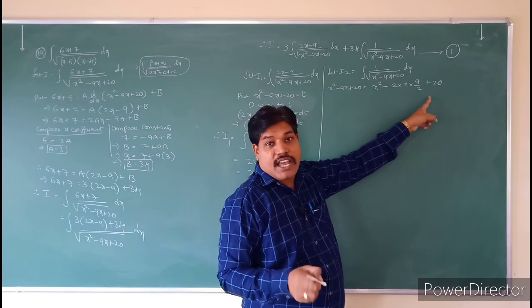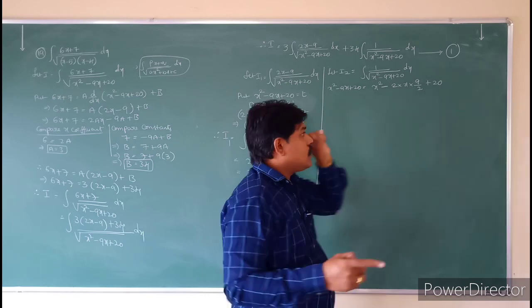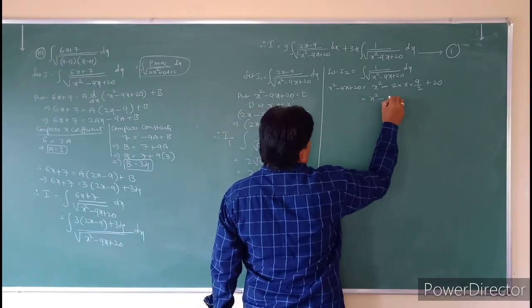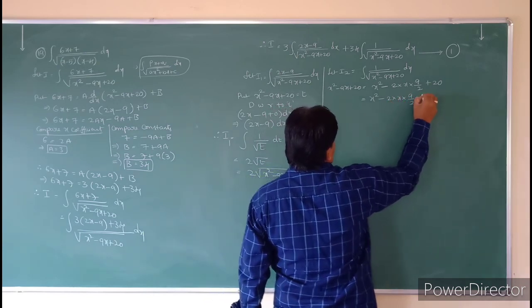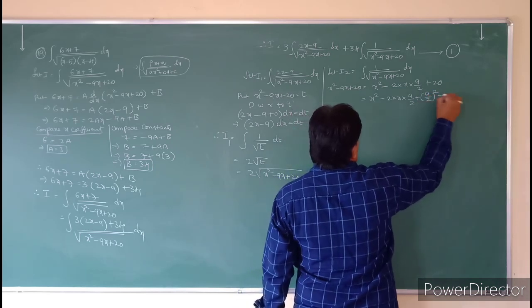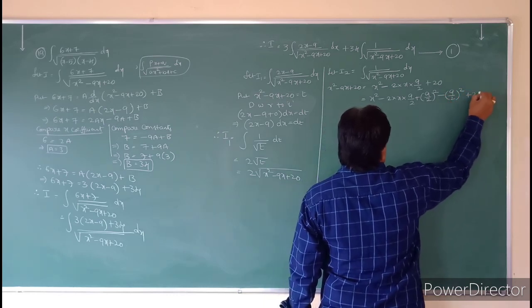What is the b value? 9 by 2. So you have to add and subtract b square. So that means you have to add x square minus 2 into x into 9 by 2 plus 9 by 2 whole square, and you have to subtract 9 by 2 whole square,